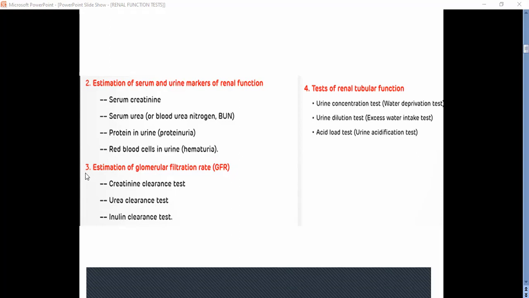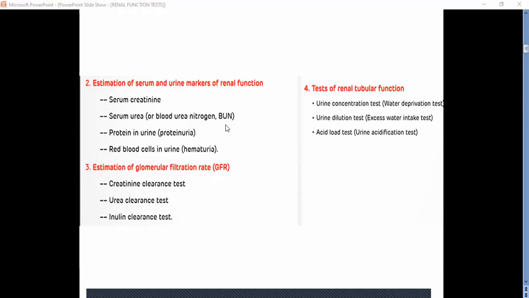Next, coming to the third one, estimation of glomerular filtration rate, that is GFR. As we already know, glomerular filtration rate is nothing but the capacity of a kidney, the capacity of a nephron, the capacity of a glomerulus, to filter the compounds. Indirectly, you can compare it to the filter in your household: what is its filtration capacity? It should remove all the impurities